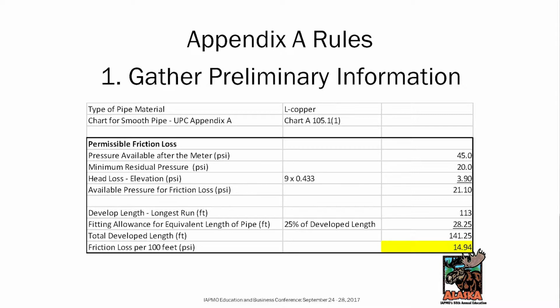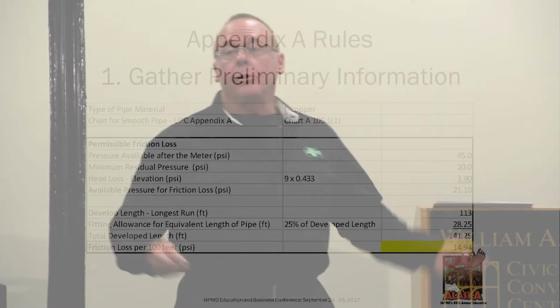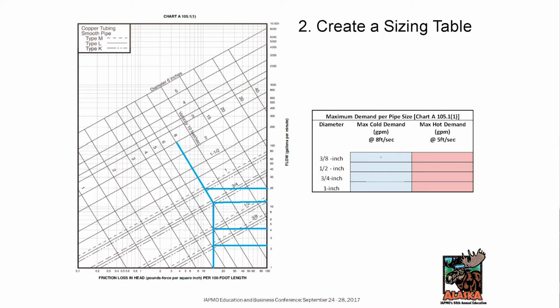So we have 45 psi available after the meter. We need a residual pressure of 20 psi. Calculate your head loss and other losses that you may have, if you have a water softener for the residential dwelling. So anyways, all your friction losses or head losses you would calculate, and here's your available pressure for friction loss,